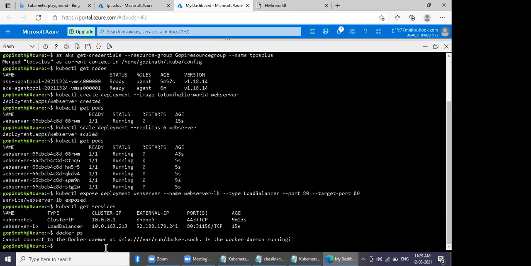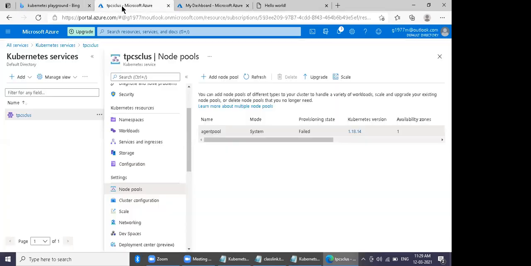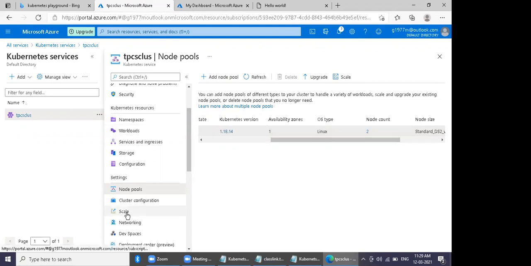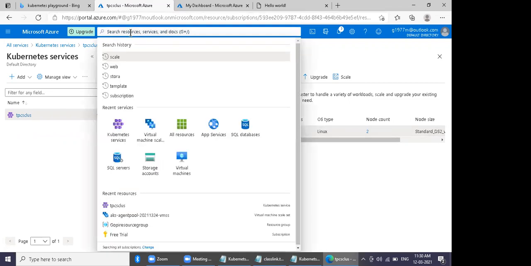So go back and check whether it has been updated or not. You have added one server, right? It's done. Go to the scale set first and check. In the search box, type virtual machine scale set.